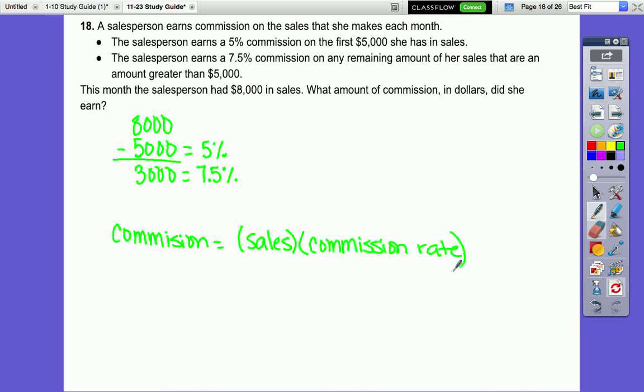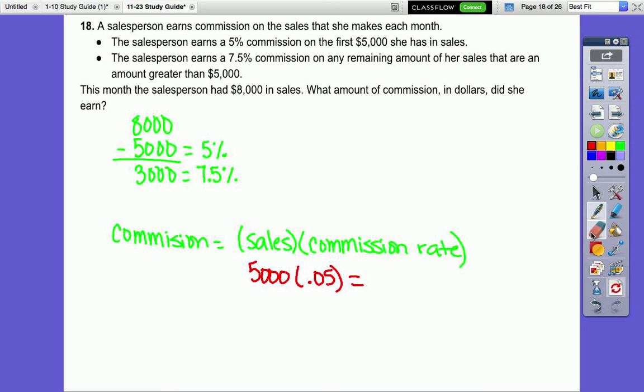Here we have two of them to do because we have a 5% commission rate and a 7.5% commission rate. On the 5,000, the sales was 5,000 and the commission rate was 5%, so 0.05. And we're going to calculate that. So 5% of 5,000 is going to equal